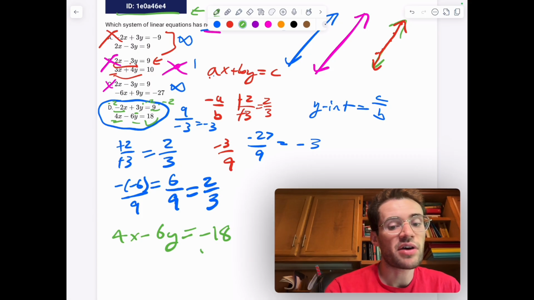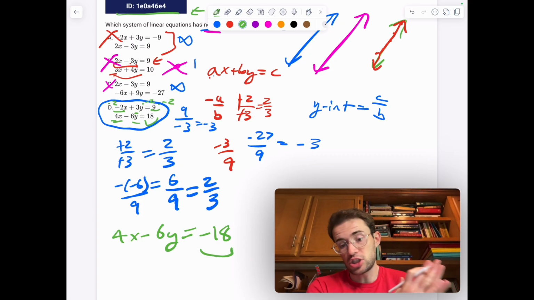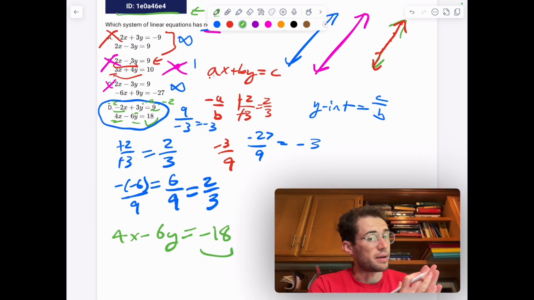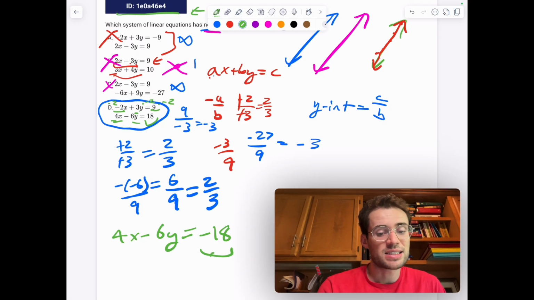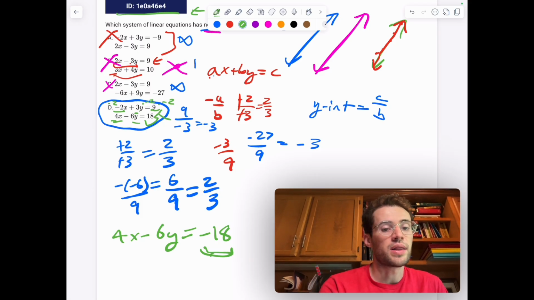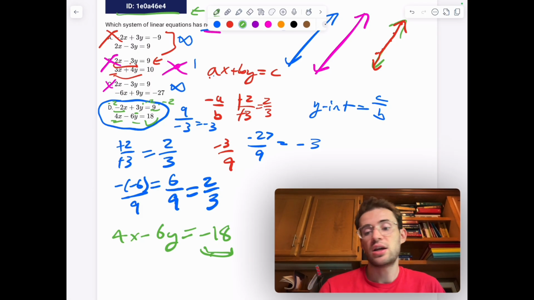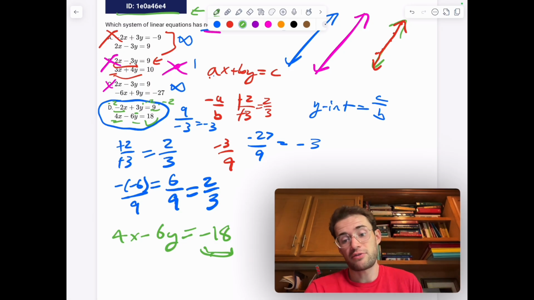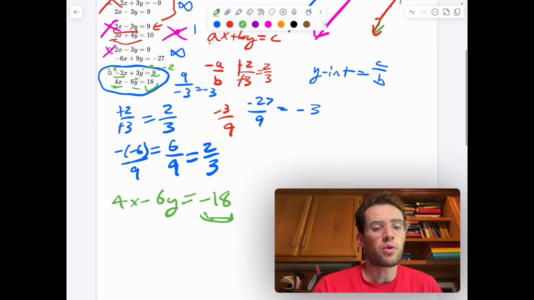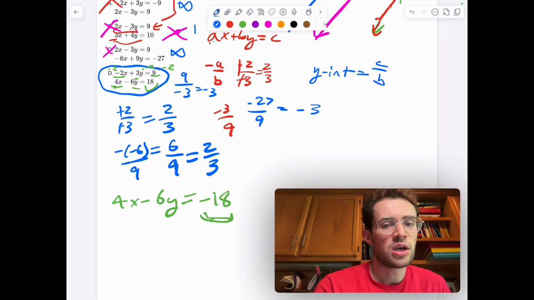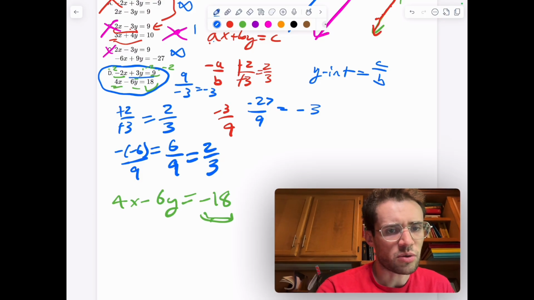So just by that c value being different, our c value is not going to be our y-intercept, but we can see that this c value is -18. The one that's in the second equation is +18. So just by virtue of them being different, you know the y-intercepts will be different. Now, if you want to actually find the two different y-intercepts, you'd say, all right, well, for this first equation,